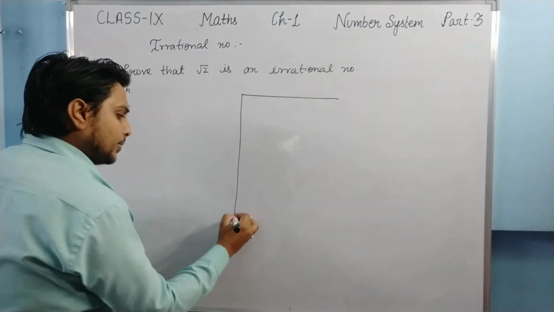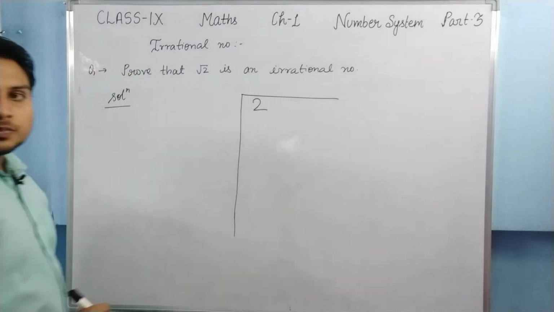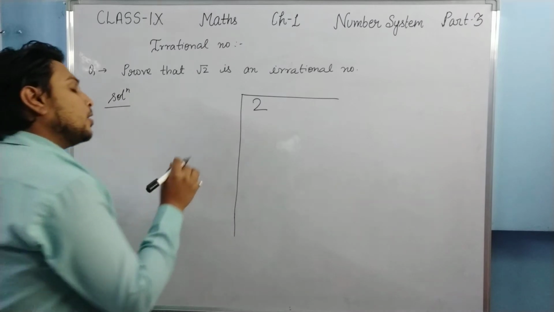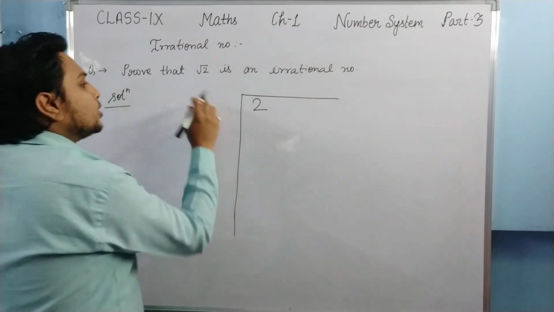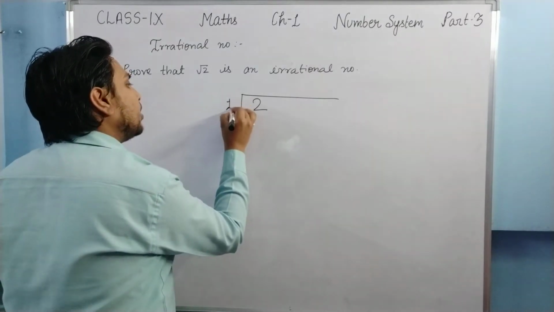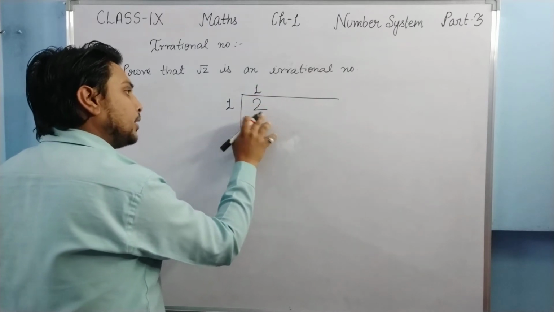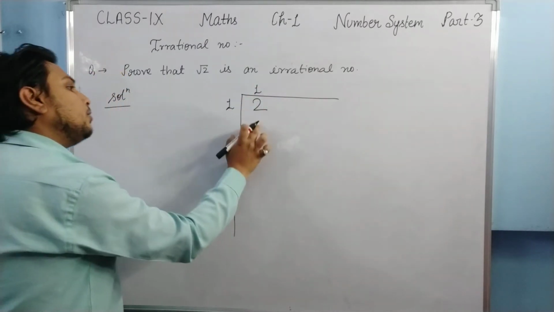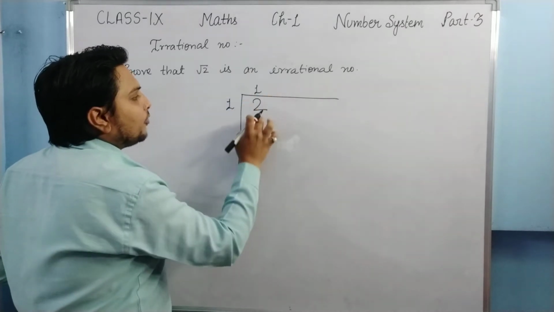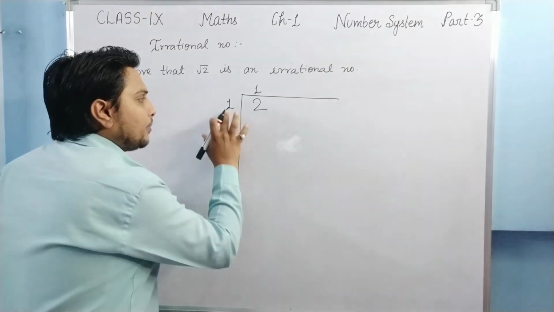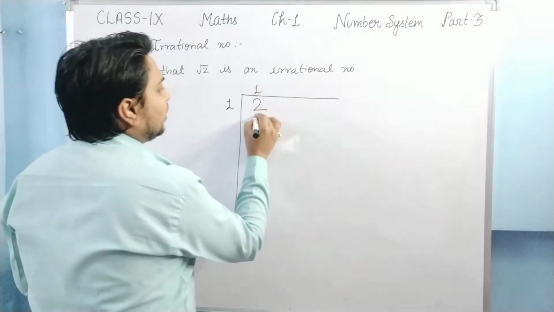Okay, by the division method, we have to find the square root of 2. Students, just focus on how I am going to find it. We have to write a number whose multiplication with the same number should not be greater than this 2. It should be either equal to 2 or less than 2. If we write 2, then 2 twos are 4, which is greater than 2. So I have written 1, so that 1 into 1 will be 1.